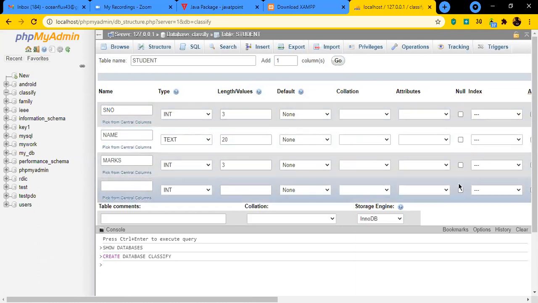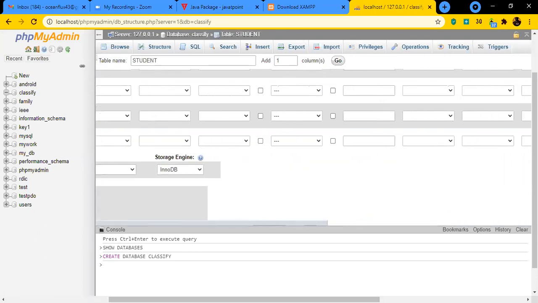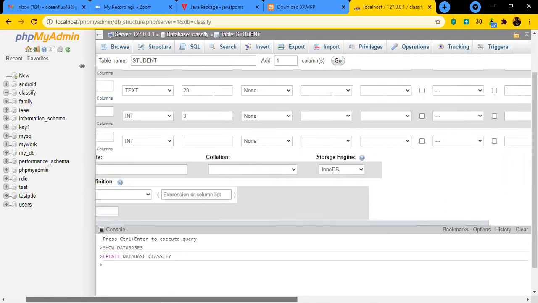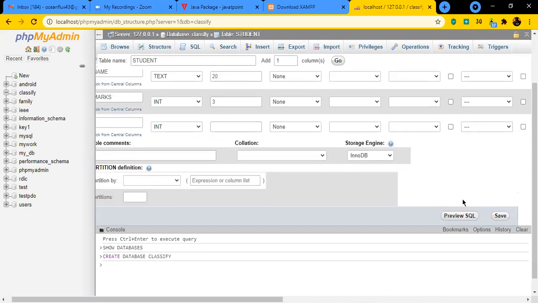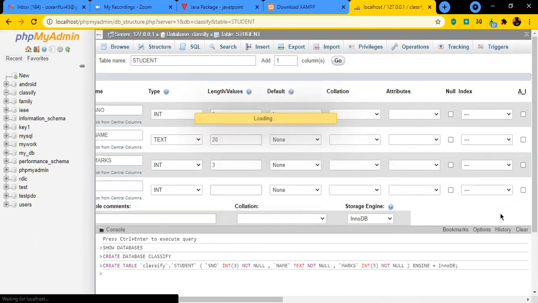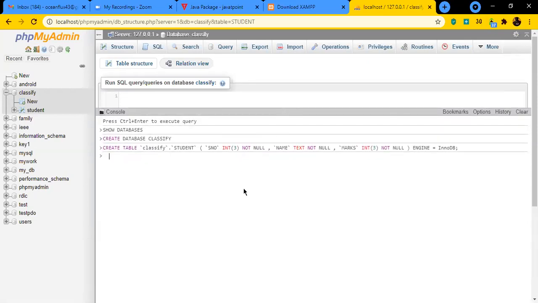Sorry, it has happened. I don't want to create this one. So wait, where is it? Yeah, here. I just want to delete this. Yeah, okay. So see this one. When I created that, what had happened over here?